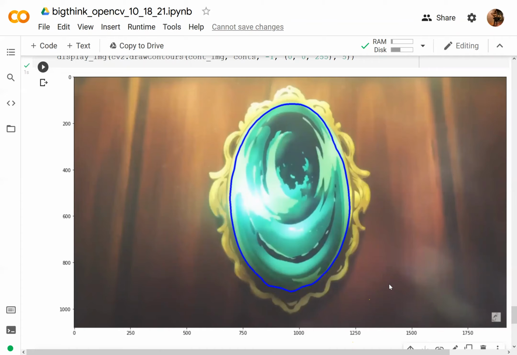But the point stands, it's really nice that we're able to do this without having to go through all of the messy linear algebra and all of the super high level, expensive compute power that deep learning requires. Because